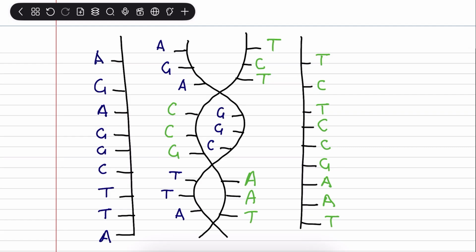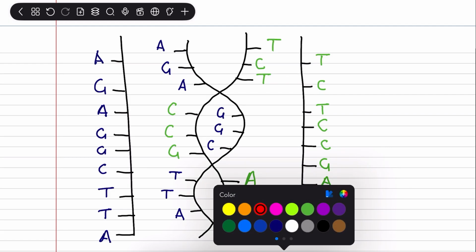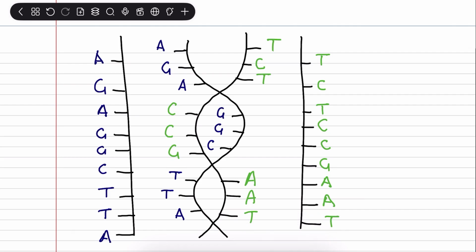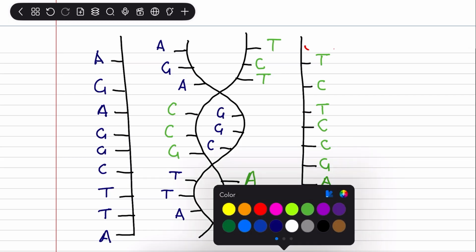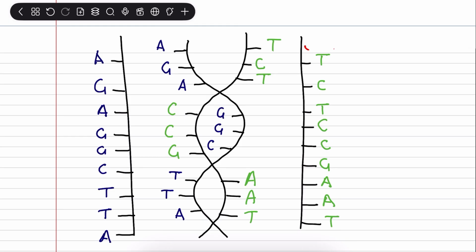So let's just put it back in red so that we can follow along. So we have an unwind, we have a template, we have free nucleotides, just so you're following with me. All right, so that's what we have. Let's just remove that just so you're with me. Okay, so let's go back into black. So now our free nucleotides,